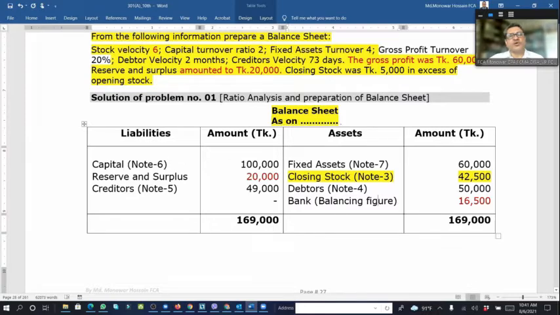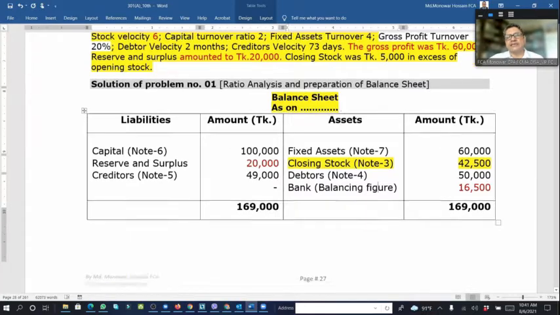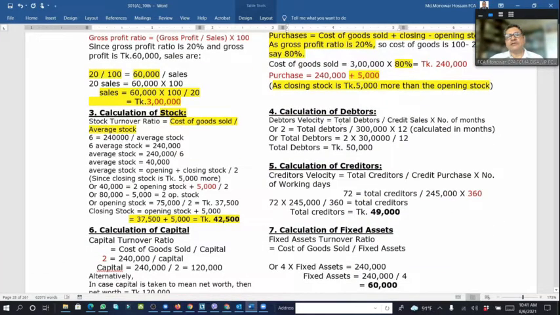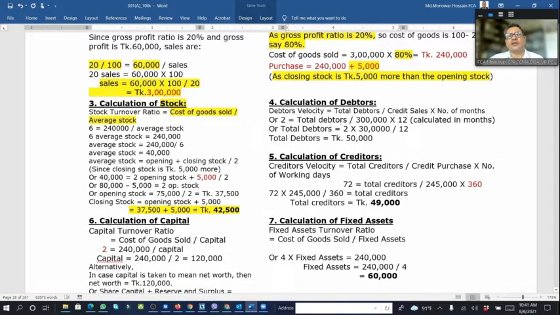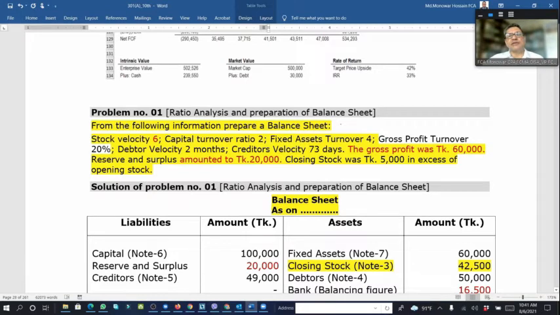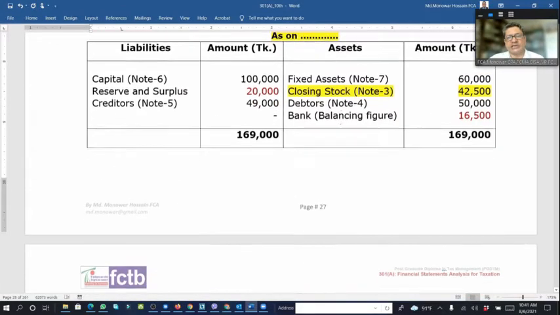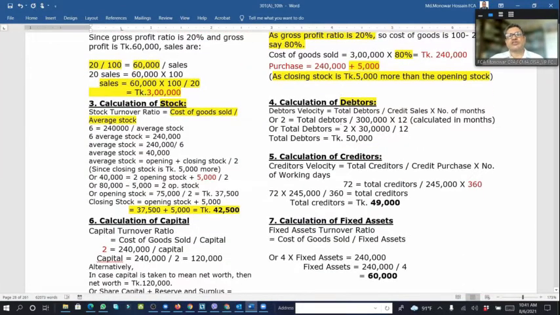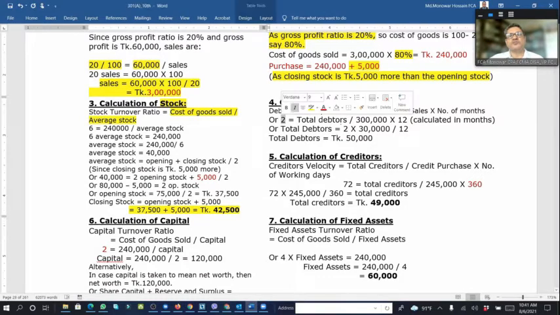And we will take another thing, look here, now debtors. Calculate the debtors. Debtors velocity or turnover, as said in the question, is 2 months. Here, if we see the question, debtors turnover is 2 months; velocity means turnover. So here 2 months, this 2